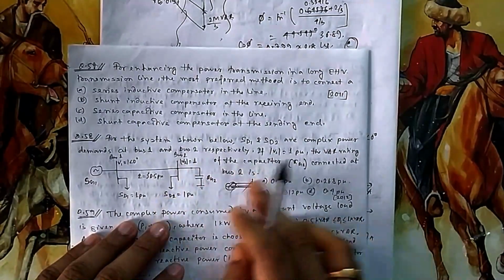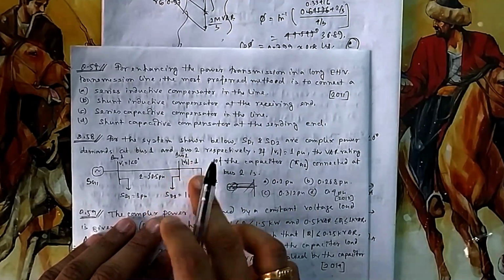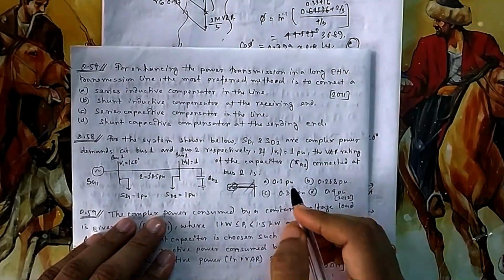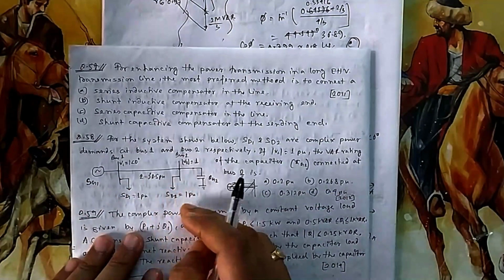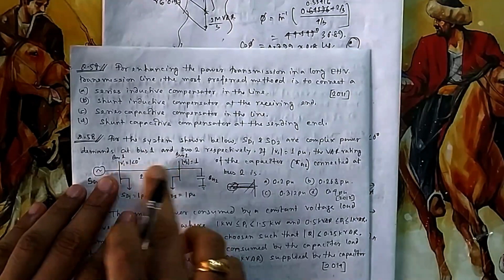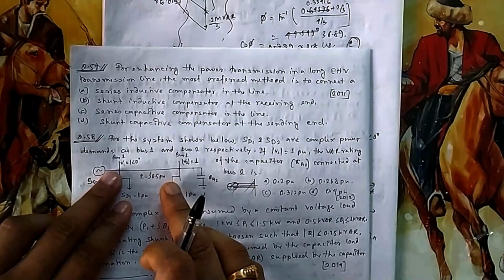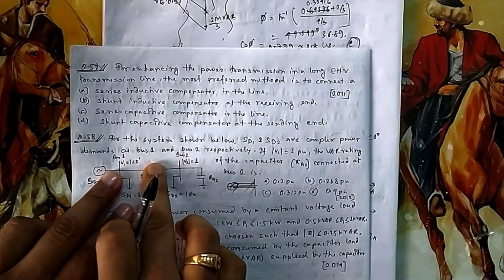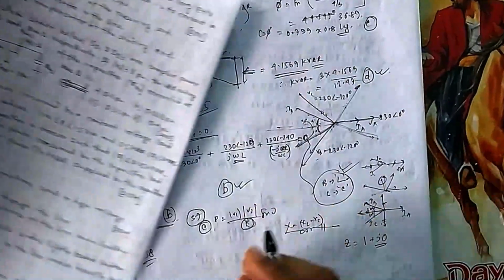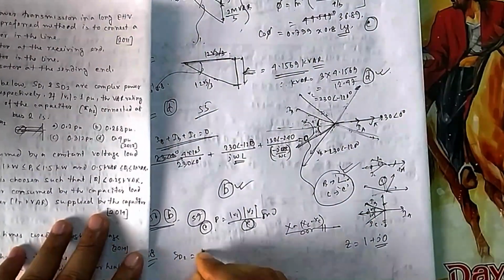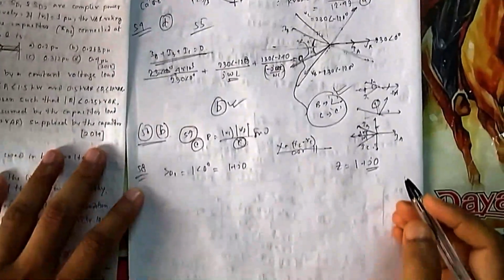V1 is given with magnitude 1, you are maintaining it at 1 pu. How much reactive power support should be given to bus 2 so that it can maintain this voltage? For that, because there is no R, no loss, the power that should be transferred from bus 1 to bus 2 should be equal to 1. I am talking about the power you are transferring through the transmission line from here to here, which should be equal to 1, because SD2 is 1 angle 0, so 1 plus j0. So the power is only active power.